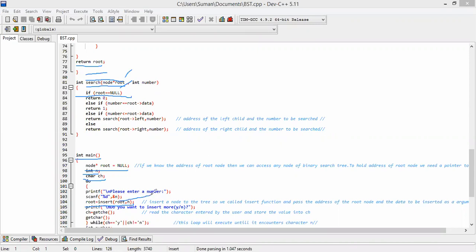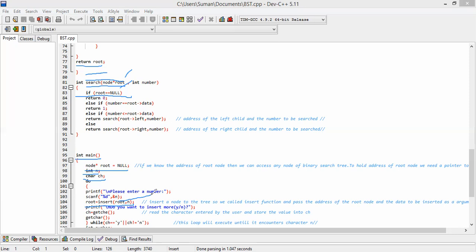Now, what is it? It is the function calling. We are calling the function insert in main. So we have to define this function first, and after that we can call it in our main.